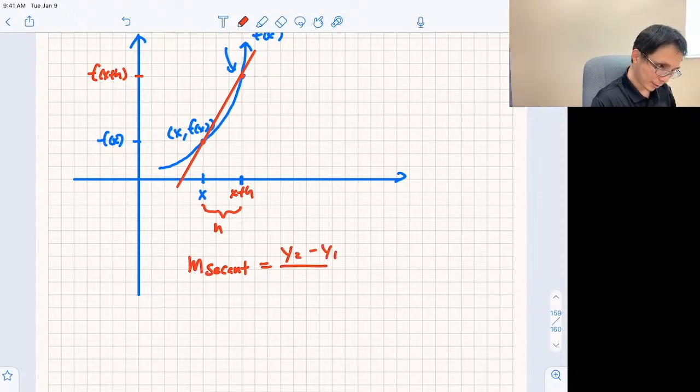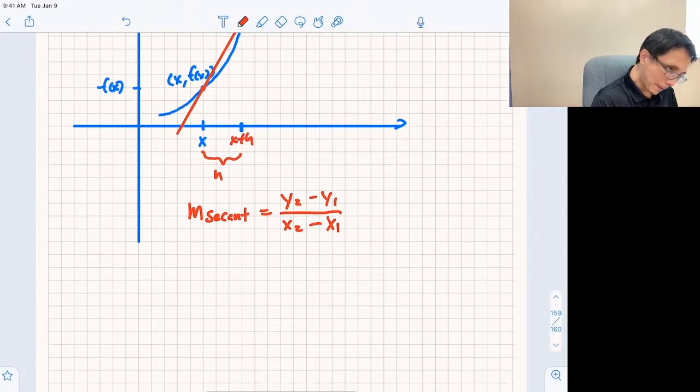Yes. They kind of drill me on those SAT practice, right? So it just becomes automatic, which is changing y over changing x, which is rise over run. Then m is going to equal to